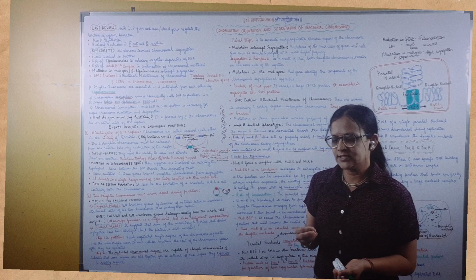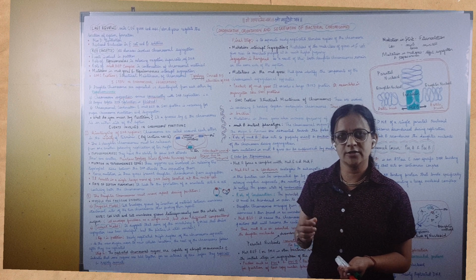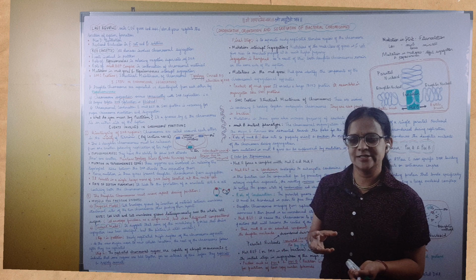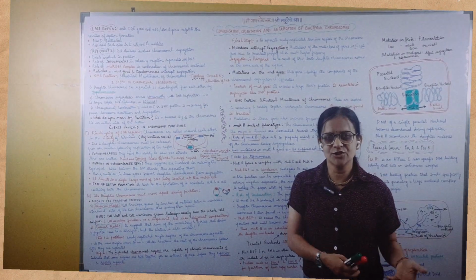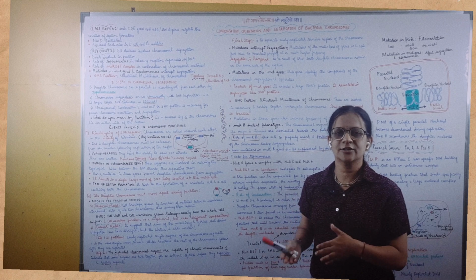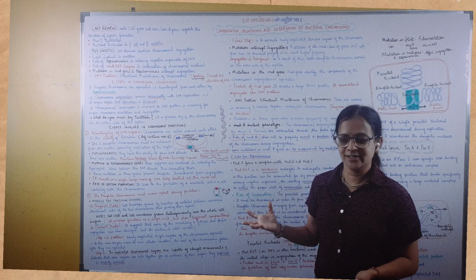So if you have to understand the role of the wild type gene or the product expressed by the wild type gene, you have to first understand the mutants. So the research is done on the mutants first in order to understand the function of the original wild type gene.